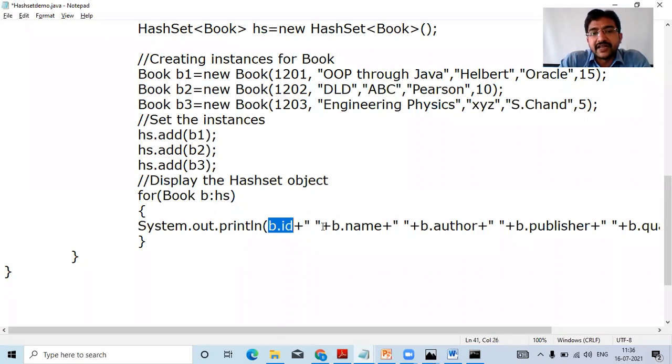So that B1 ID, name, author, publisher, and the quantity will be displayed. Next loop will increment by 1. Next HS is B2, that will assign to B, and again it will display B2 ID, name, author, publisher, and quantity. Next loop will be repeated. Next value in HS will be B3, that B3 will assign to B, and again B3 ID, name, author, publisher, quantity will be displayed.